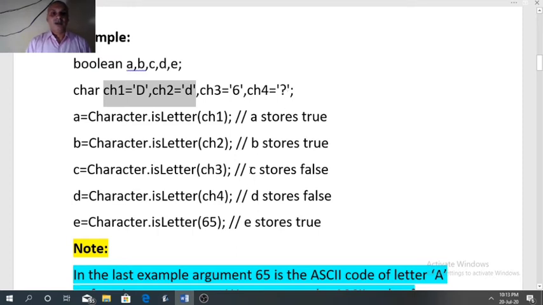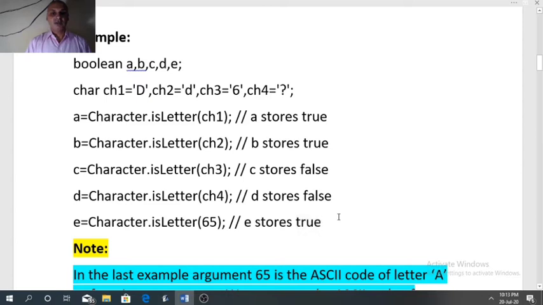So C and D will store false. And the last one, since 65 is the ASCII code of capital A, which is a letter, E will return true.